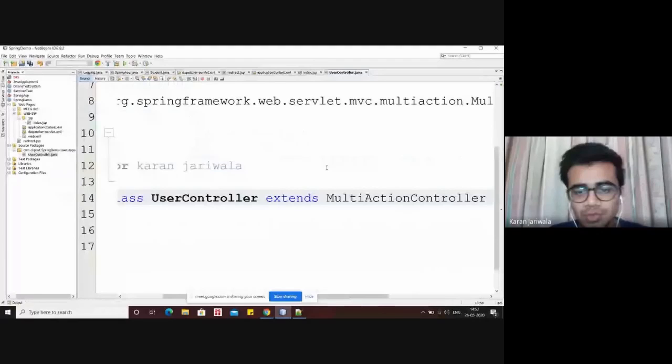For the only one controller that we have defined in our dispatcher servlet, that is only this user controller, right? We have defined only the user controller. So for only one controller, we'll have multiple actions. It is a multi-action controller. Okay. And now in my dispatcher servlet, I'll do the changes. That is, I'll change my Spring seminar to Spring demo.